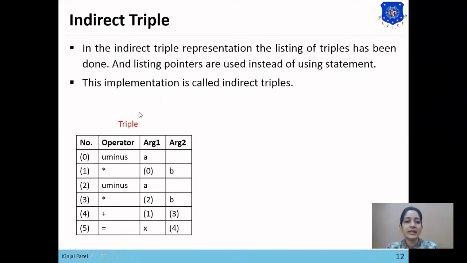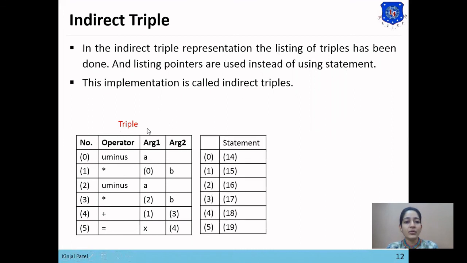Now here is the representation of triple. So if we want to perform the indirect triple representation, we need to point this address to another pointer. So as here we have used the pointer 14 to store the result of 0 memory address. Same way, to store the result of 1, pointer 15 is used.